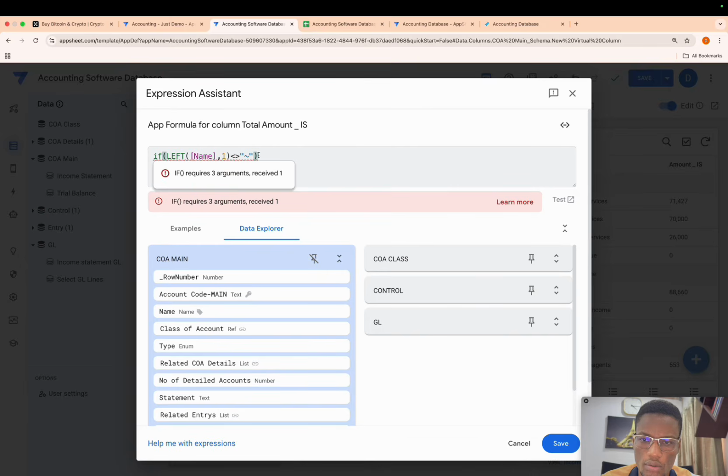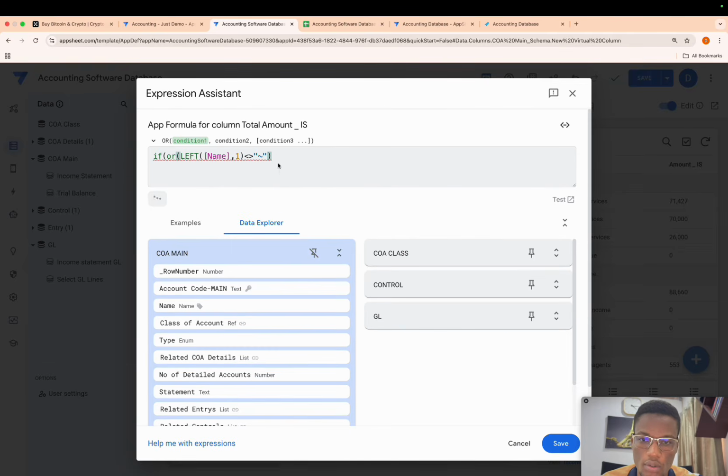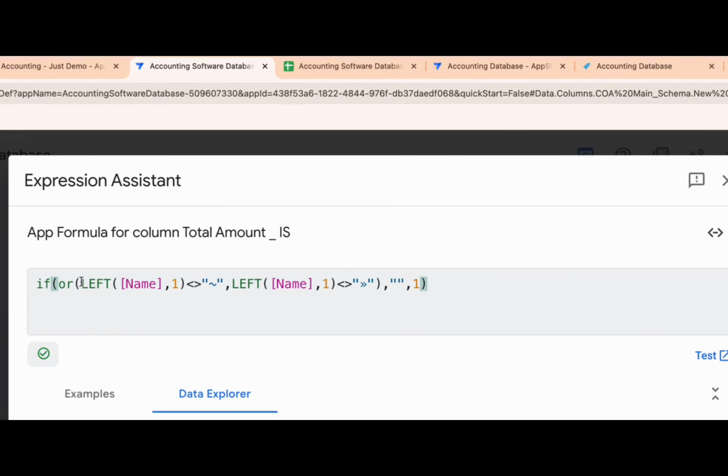So let me copy this, or, comma, is not equal to this, then I want automatic dash, nothing. Other than that, give me 1. So if you do not have this as your first character of this column, other than that, give me 1.